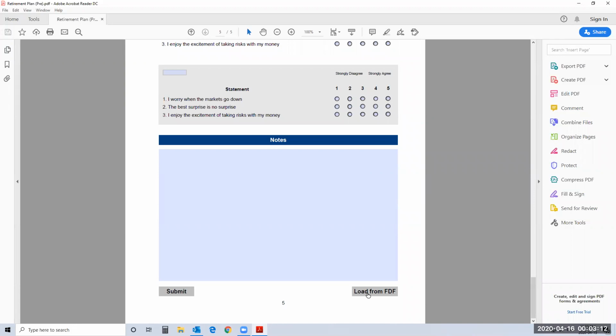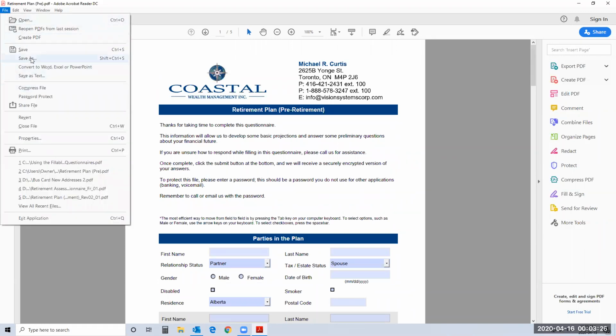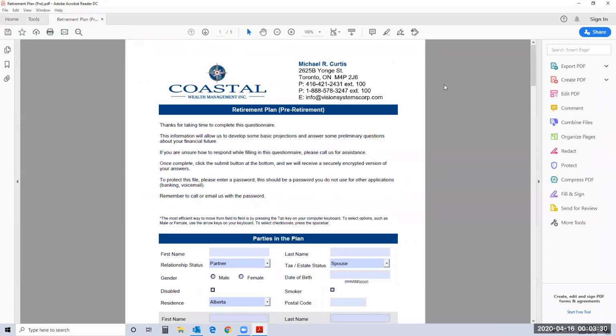And I just want you to notice this load from FDF button at the very bottom right corner of the last page. So once you've entered your text, you would click freeze form, which locks everything in, and then you would resave the file